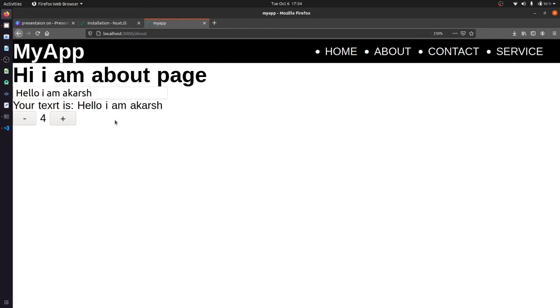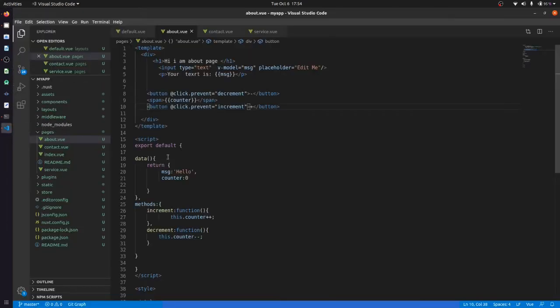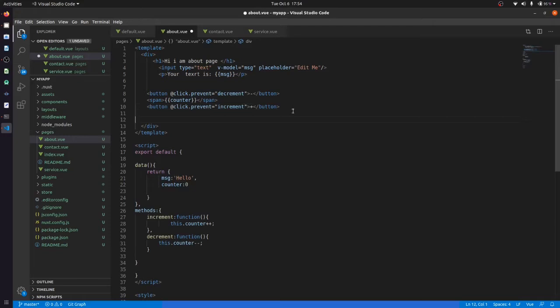React has useHistory, which just pushes the route. In a similar way, we are going to create a button, and this button will say go to login page.